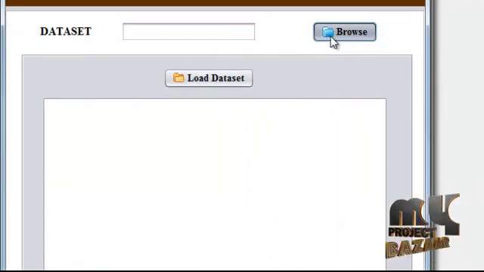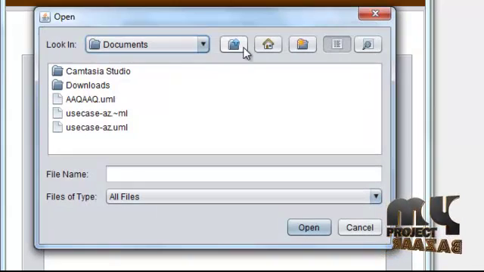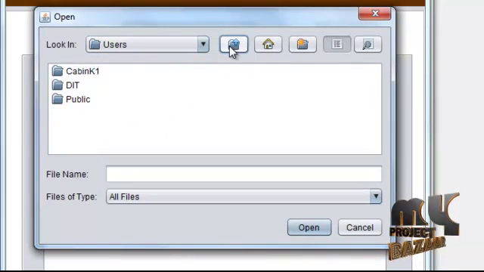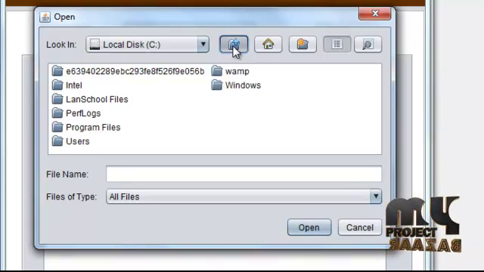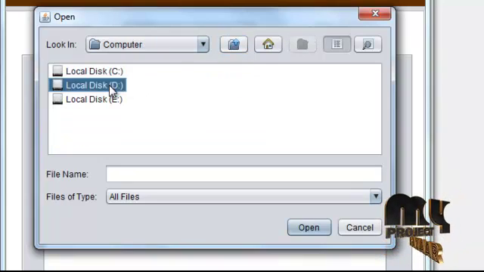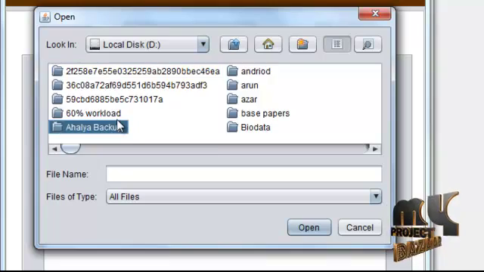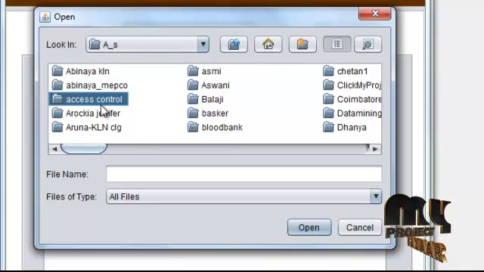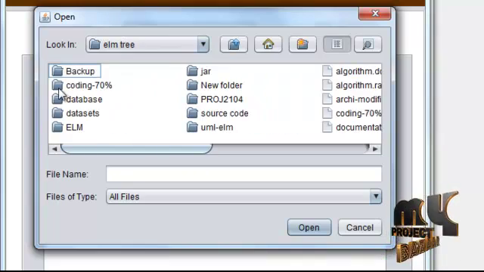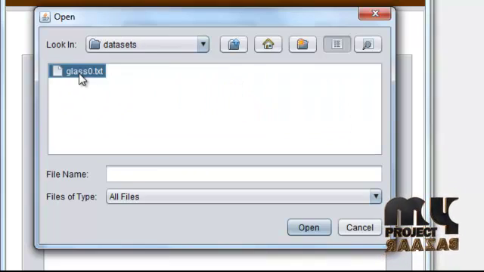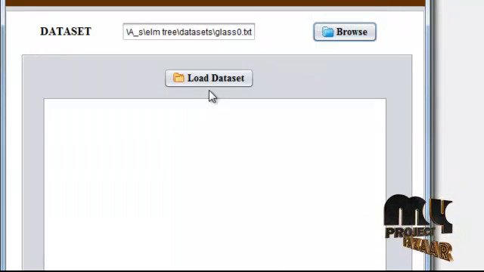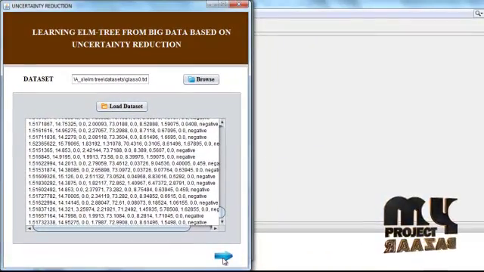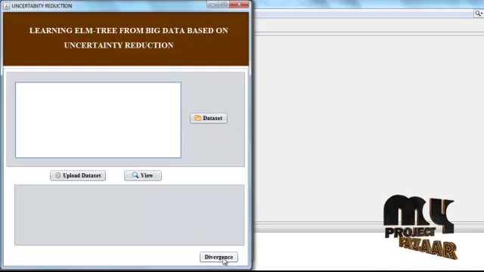Select the browse button to select the data set. Select the data set and click open, then click load data set to view the loaded data set, then click the arrow to move to the next frame.